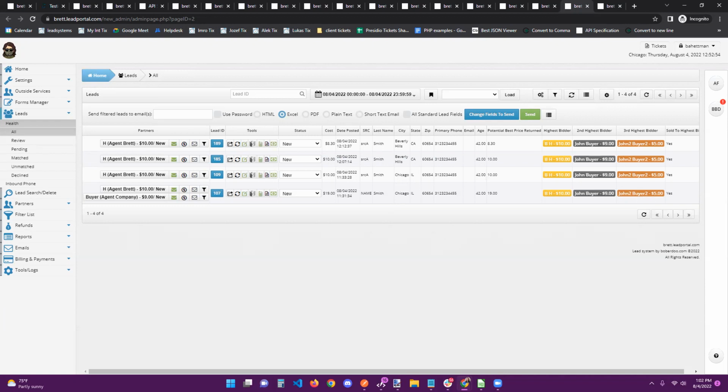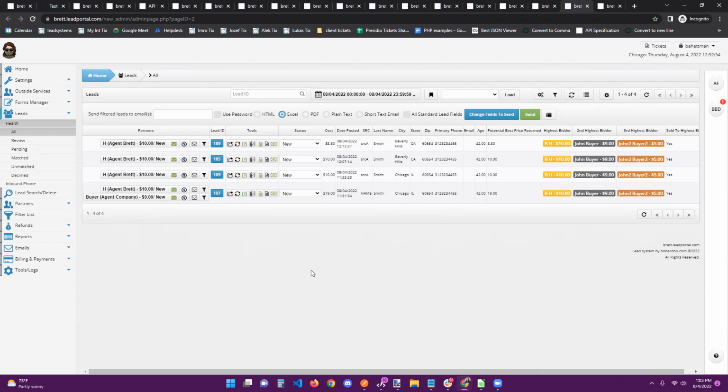Got another question coming in here. Oh no, sorry. Yeah, when sending test lead equals 1, how do you check to see if a partner with pre-ping is posting properly? If someone sends test lead equals 1, the lead is never sent out to a partner. The test lead equals 1 flags it as a test, so the lead will never actually attempt